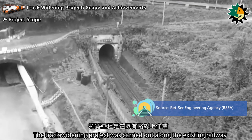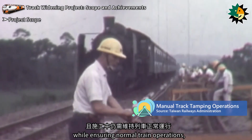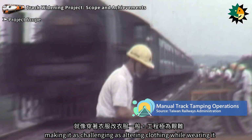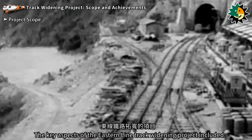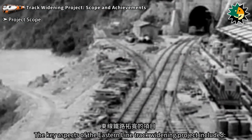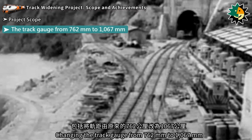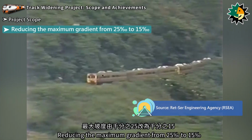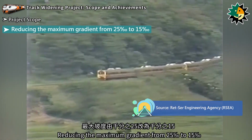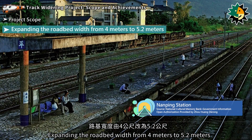The track widening project was carried out along the existing railway while ensuring normal train operations, making it as challenging as altering clothing while wearing it. The key aspects of the Eastern Line track widening project included changing the track gauge from 762 mm to 1067 mm, reducing the maximum gradient from 25 per thousand to 15 per thousand, expanding the roadbed width from 4 meters to 5.2 meters,